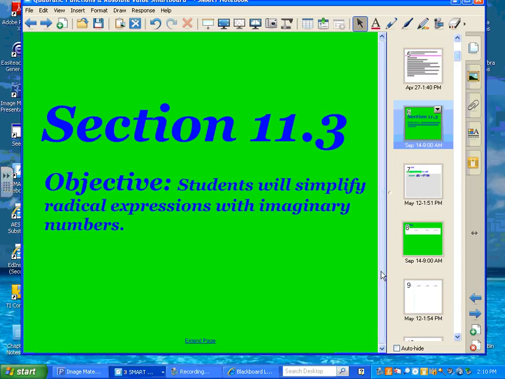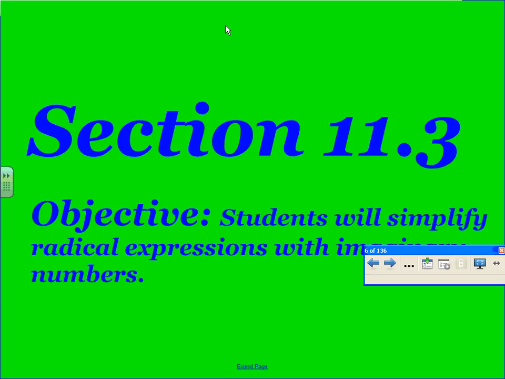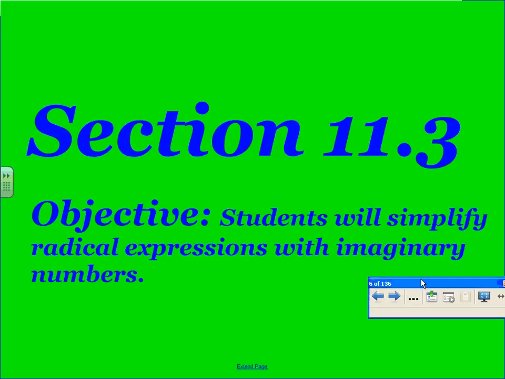Okay, 7th grade, our objective, finally, I know you've been waiting for this, is to simplify radical expressions with imaginary